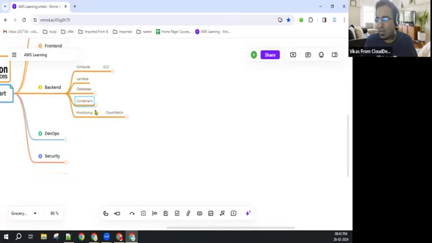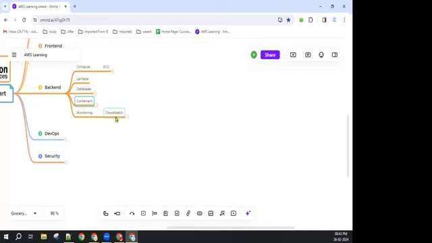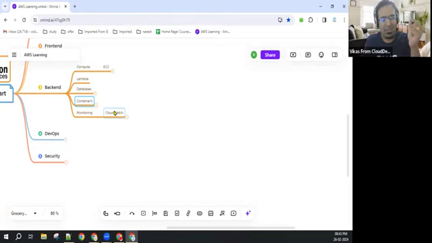Another part: if we created all these things, whether all the services are working and responding properly has to be checked with the help of monitoring. What is the monitoring service in AWS? CloudWatch. Does anyone have a one-line definition for CloudWatch?